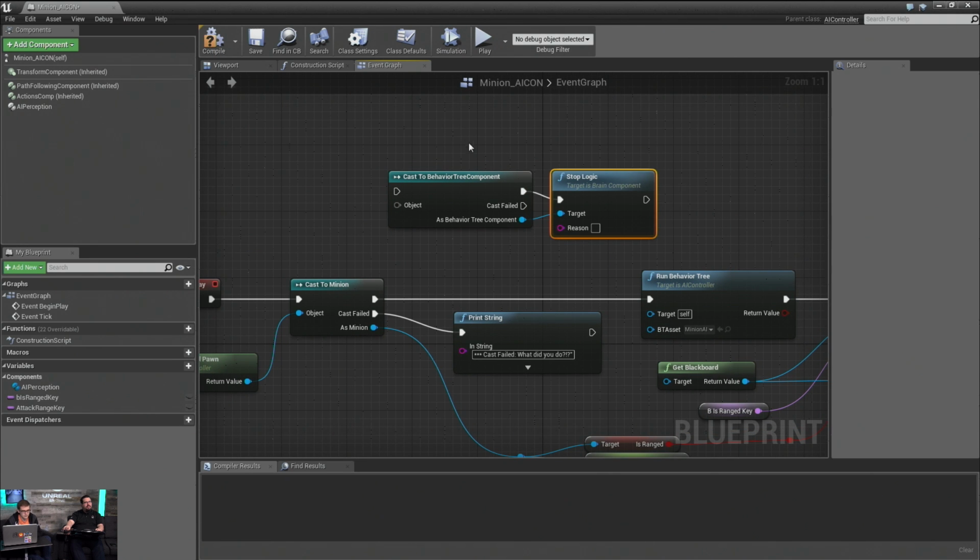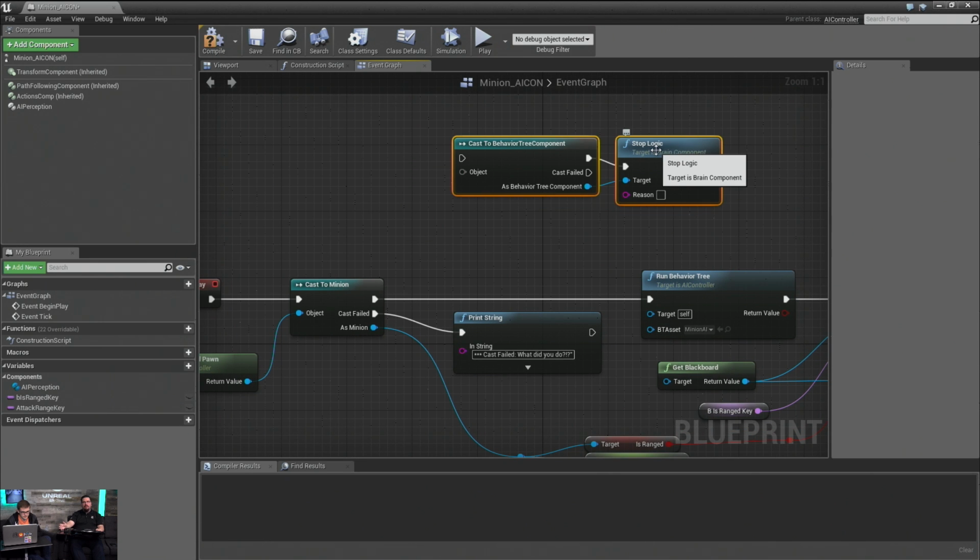The behavior tree component is the thing that contains the behavior tree on the actor and allows you to interact with it through the actor, for lack of a better term. A behavior tree is the data, the tree itself, the thing that we're editing within the editor. The component allows you to do stuff like stop your logic, which actually just helped Willard out with this.